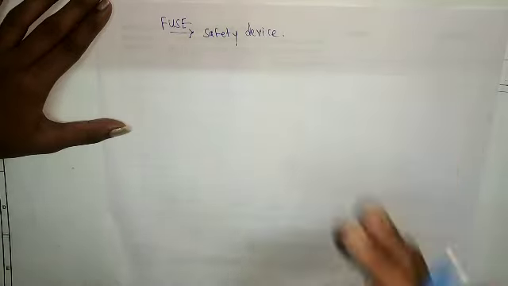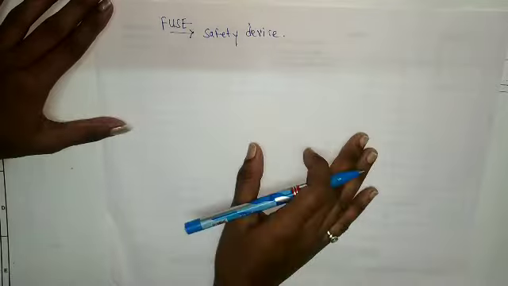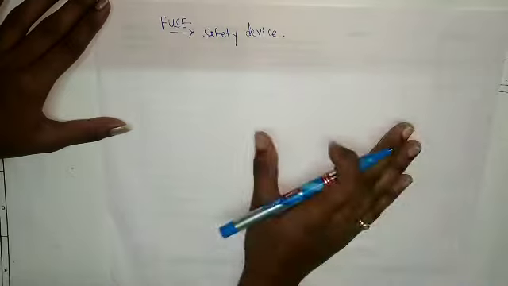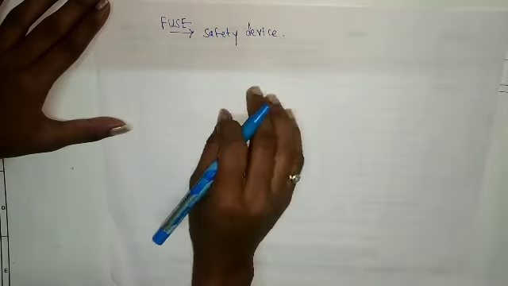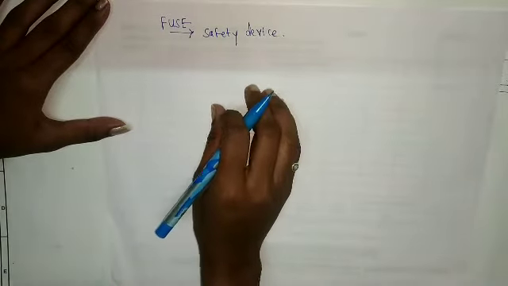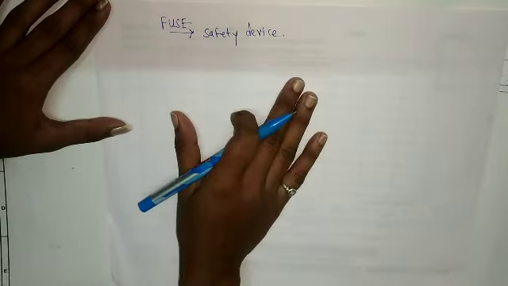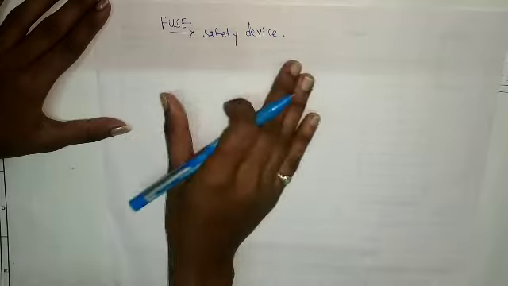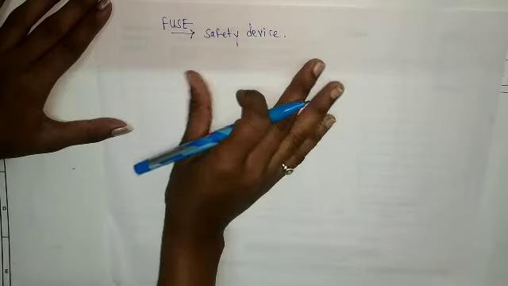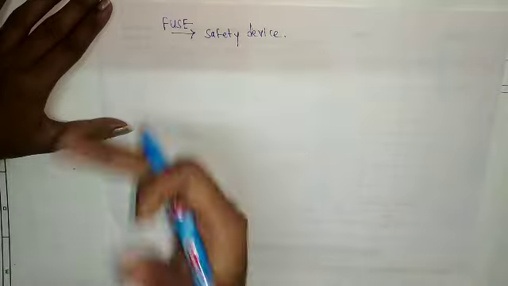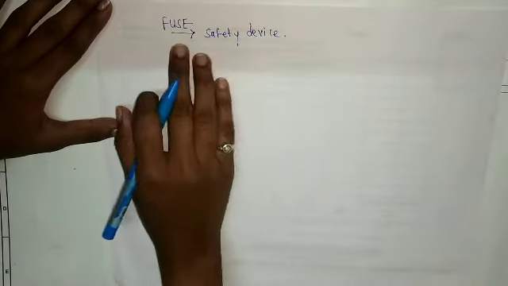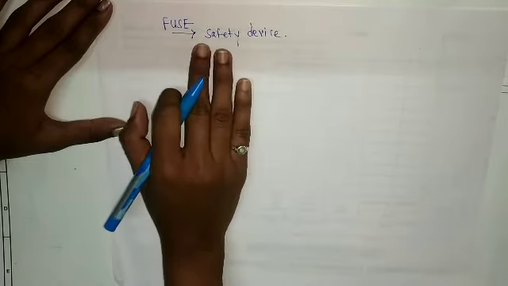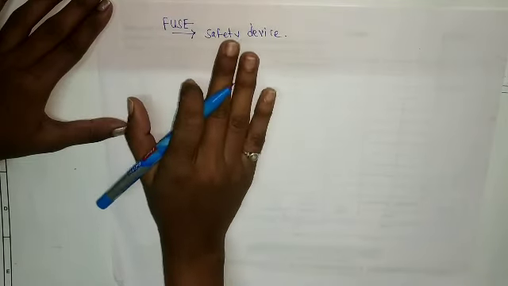Then what will happen? Our appliances, or consider any motor, due to overcurrent, what will happen? There are windings in our motor, wires are installed, right? So those wires or windings may get damaged. That means our instrument or that appliance will get damaged. To protect our appliance from overcurrent, what do we do? We use fuse. So what is the basic definition of fuse? Fuse is a safety device used for overcurrent protection.